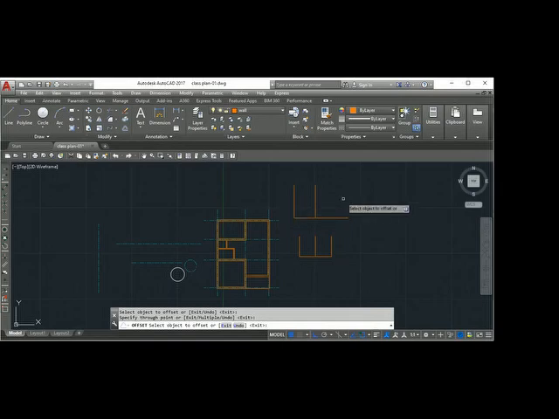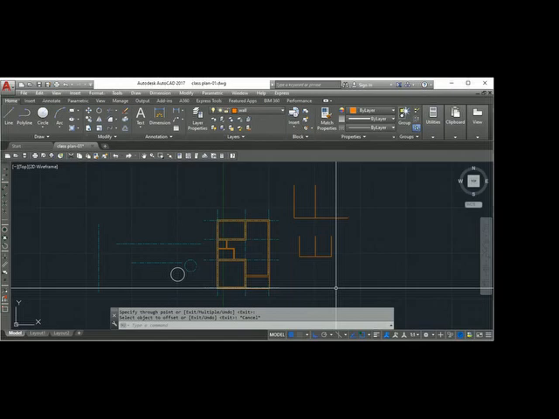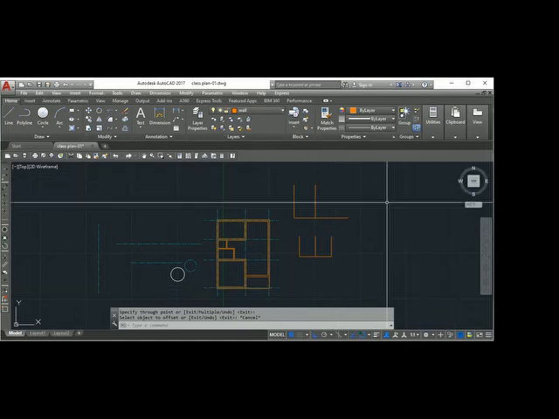So this through point is very powerful. You will use this when you want to make elevations. Because you have the plan, correspondingly you want the elevation points. You can use the offset through. Very powerful command.